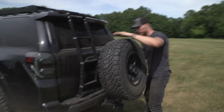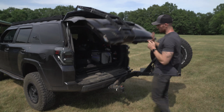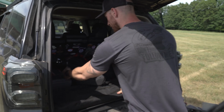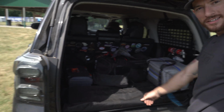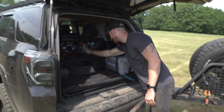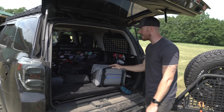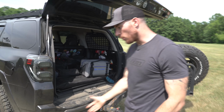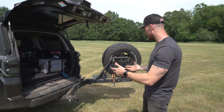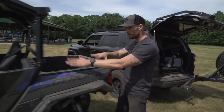Also in the back, you just have a lot more space. So, random cooler thing, traction boards, air compressor, chairs, my whole life toolbox, recovery strap bag. I remember that thing. Fire extinguishers, random stuff, medical. There's a lot more space, of course. There's more liter volume here for different things that you can put. All this stuff too, you can attach more accessories. So there's like lock and ride stuff where you can put